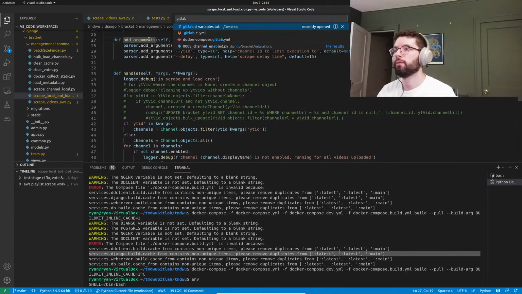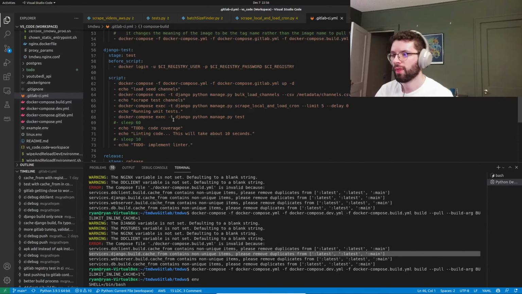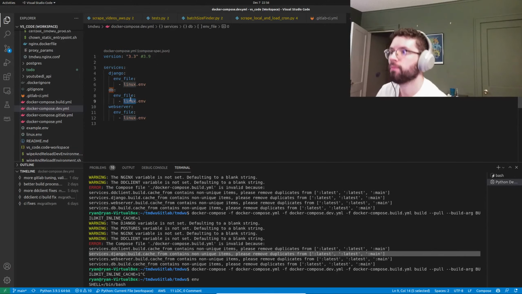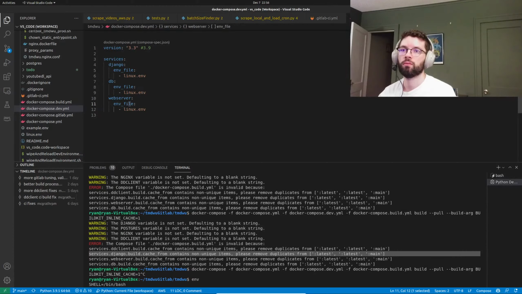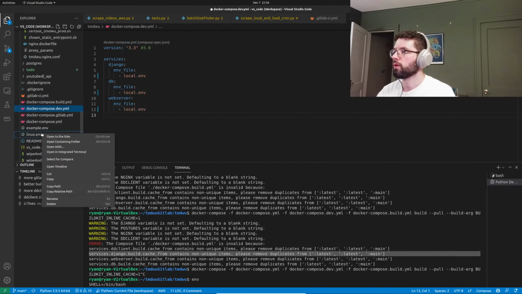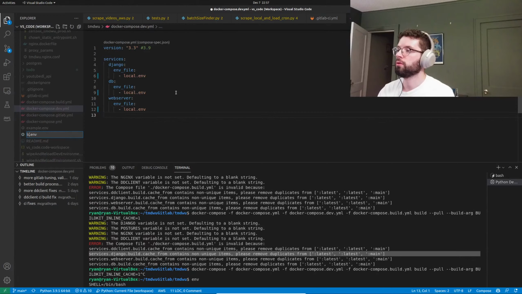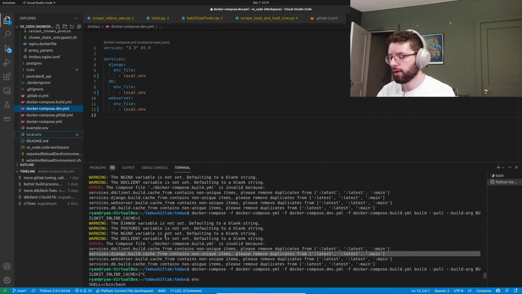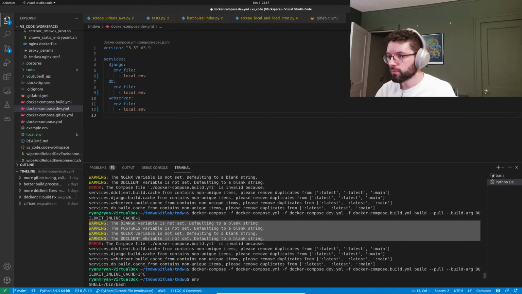So GitLab. I think I just put it in my Linux env. I renamed my Linux env to local, just to make it more descriptive of what's actually going on here. My local development environment variables. I will local, and then I need to add anything added here needs to be added